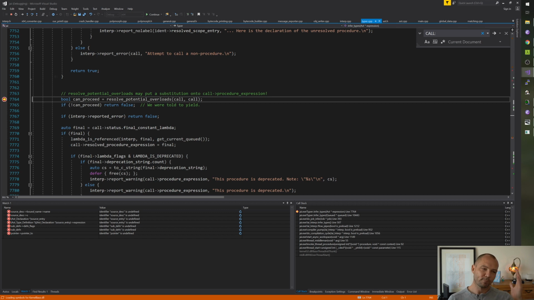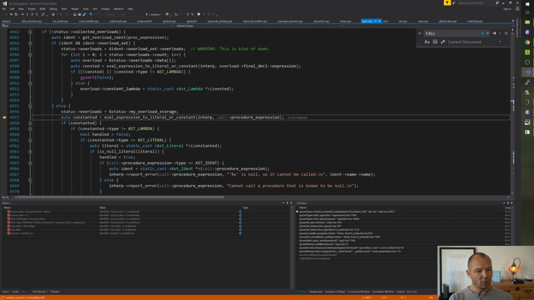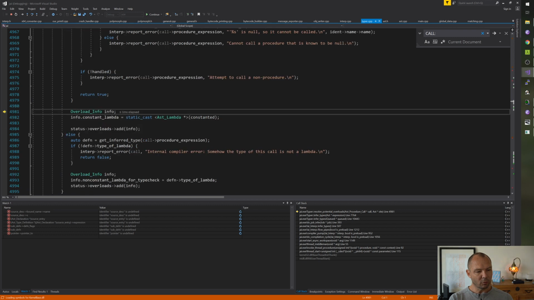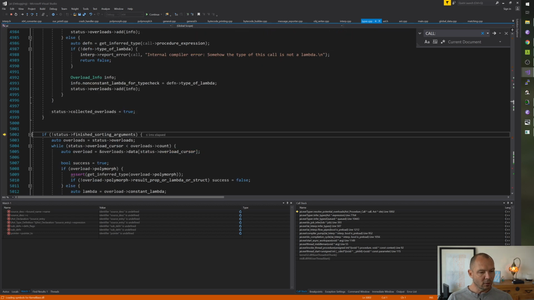Okay. Resolve potential overloads. So we're going to collect the overloads. Okay. We kind of only collected one overload.